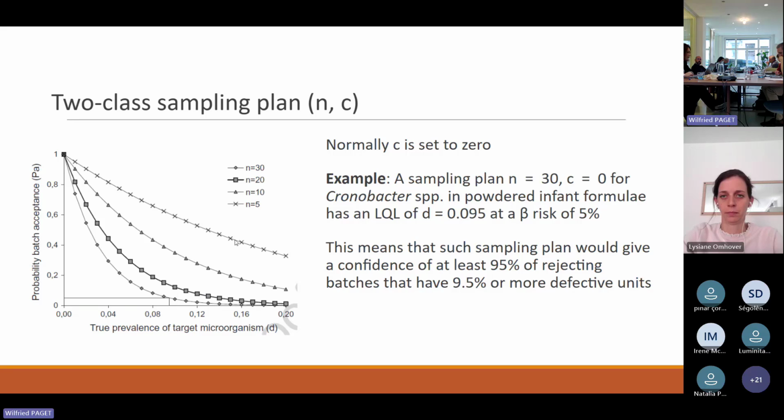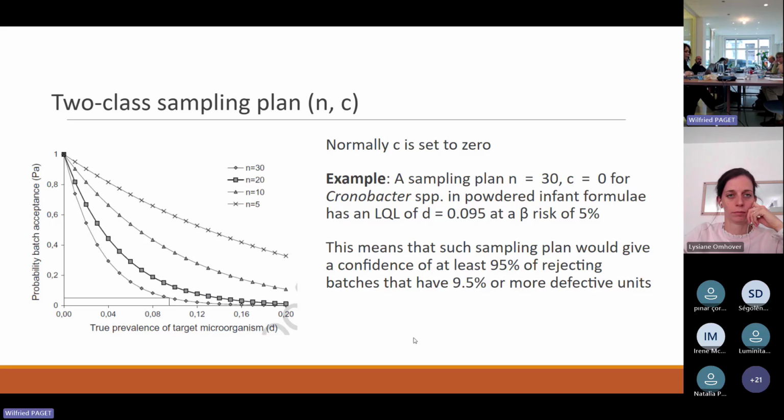If you look at this operating characteristic curve, you can find the LQL for a factory, the limiting quality level for a beta risk of 5%. So if you set a beta risk of 5%, you have to check in the table where the probability of acceptance is 0.05. So you can determine this is the limiting quality batch, or true prevalence, of 0.095,